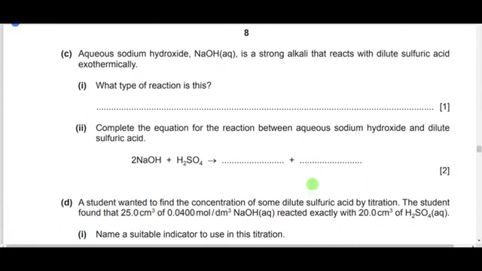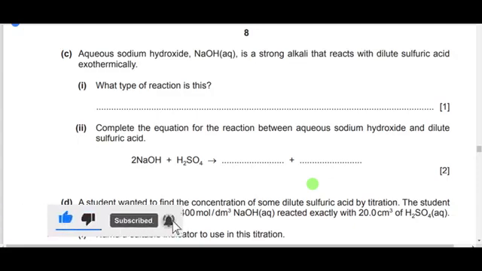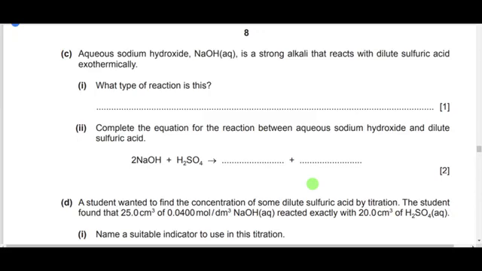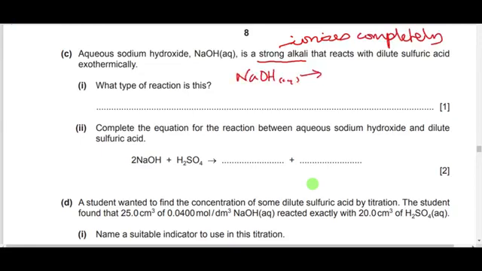Then the next question says, aqueous sodium hydroxide is a strong alkali that reacts with dilute sulfuric acid exothermically. Now, what does that mean? That being a strong alkali, it ionizes completely in solution. We have sodium hydroxide, NaOH aqueous, giving us Na plus aqueous plus OH minus. Unlike ammonia that had reversible arrows,